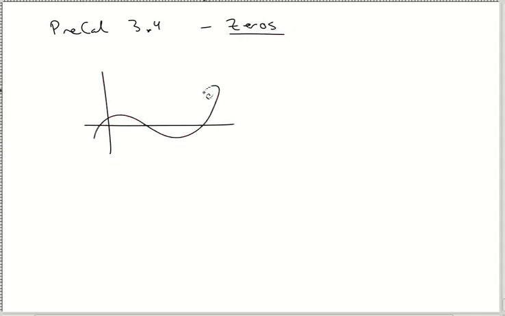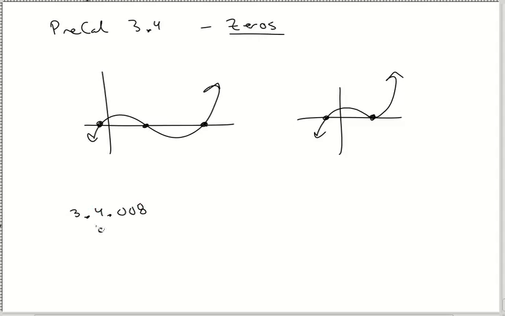Zeros are whenever a graph crosses or touches the x-axis. So all those are zeros. You can touch, you can cross, whatever you got to do. That is a zero. The very first thing that they're going to talk about here is